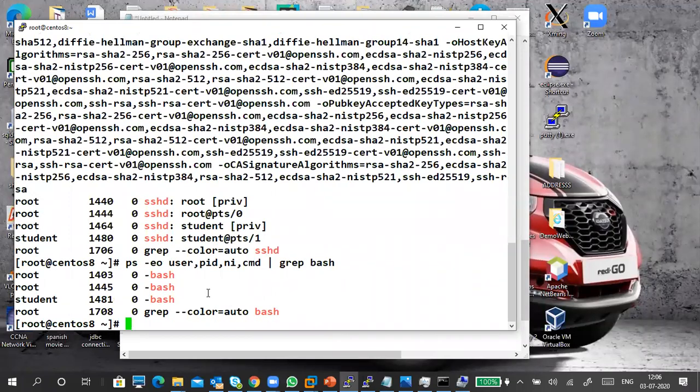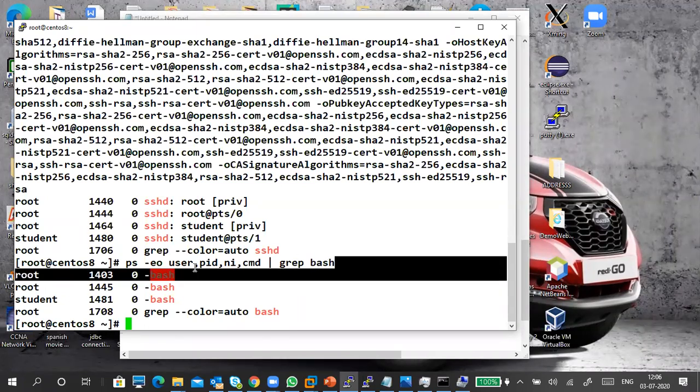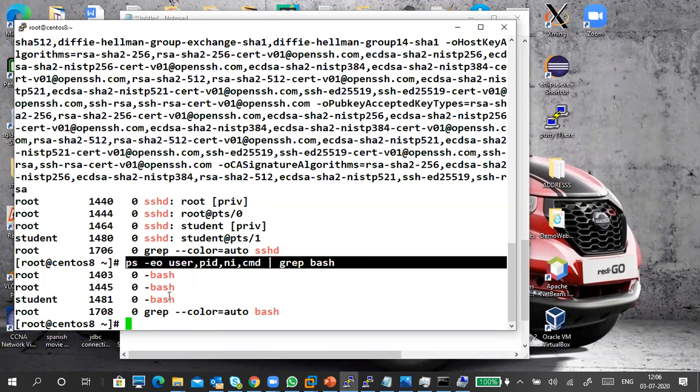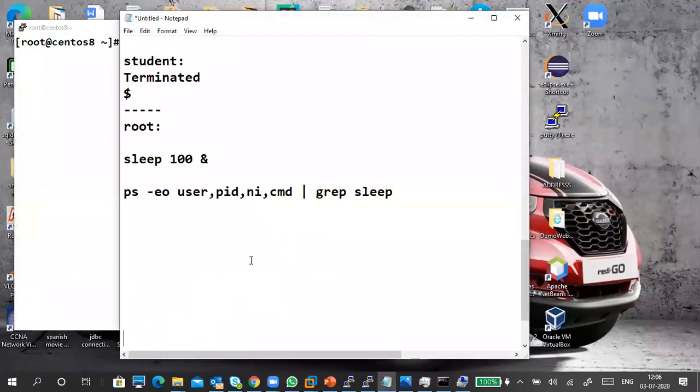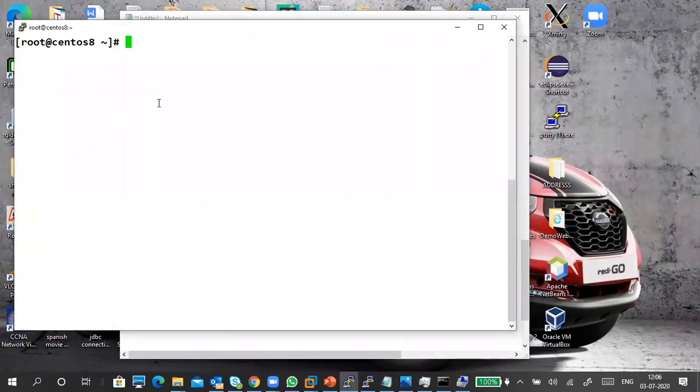Wherever bash is connected, for root and student, and a new command given in bash also shows. So we can understand from here. Grep is actually used for this kind of purpose only. That's why I said grep is a very, very important command. Next, I use this command to filter out my sleep output.